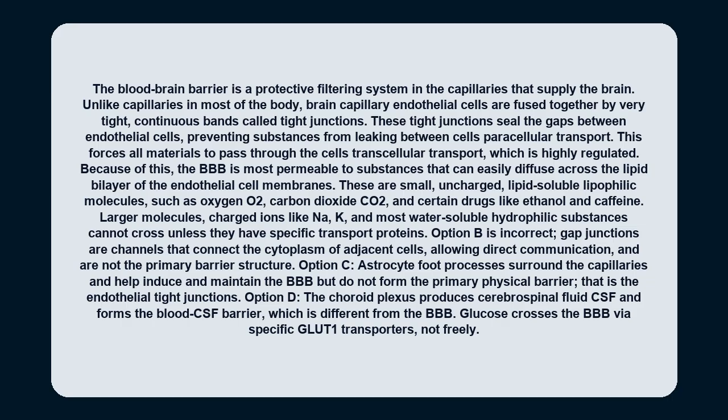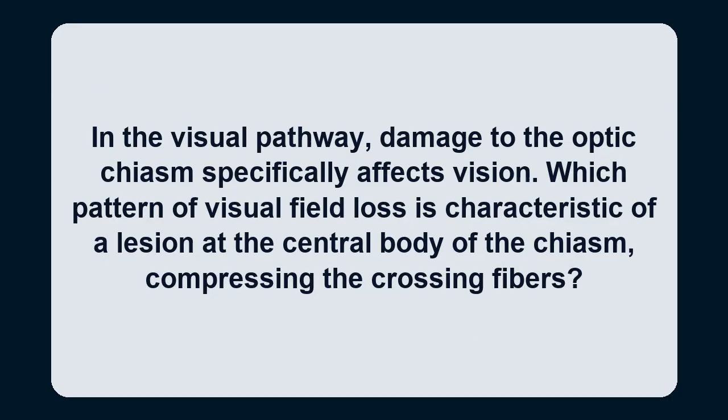Glucose crosses the BBB via specific GLUT1 transporters, not freely. Question 4. In the visual pathway, damage to the optic chiasm specifically affects vision. Which pattern of visual field loss is characteristic of a lesion at the central body of the chiasm, compressing the